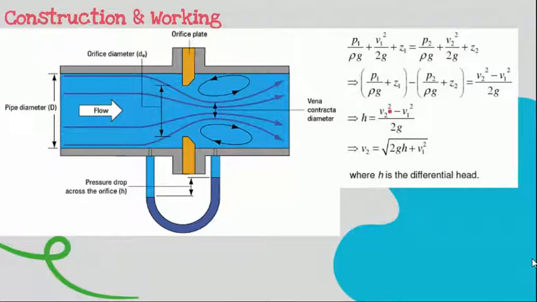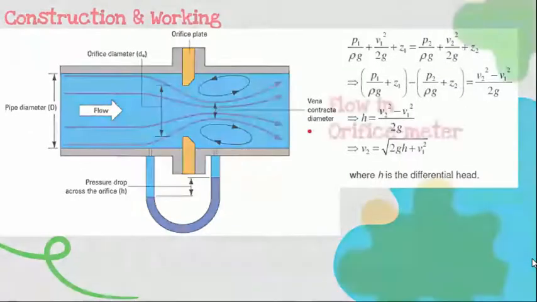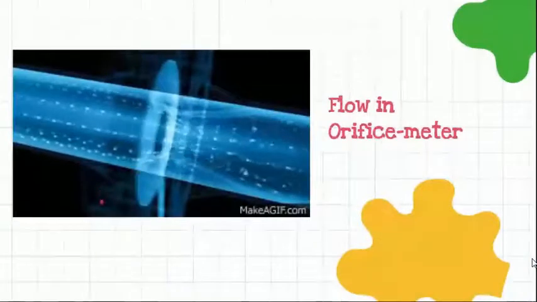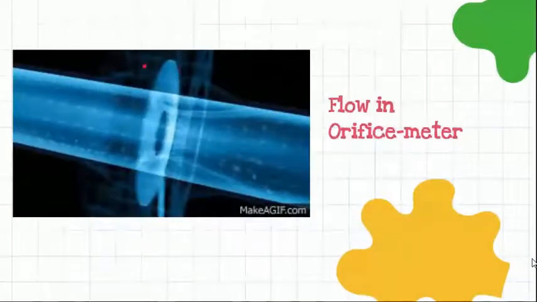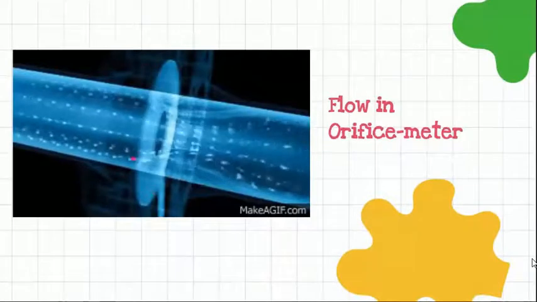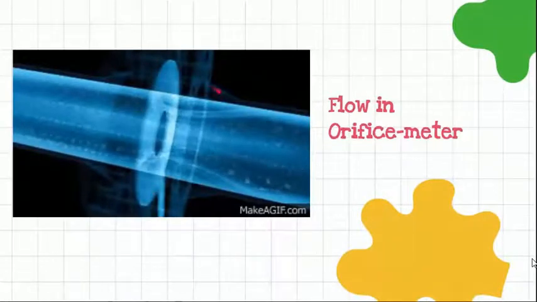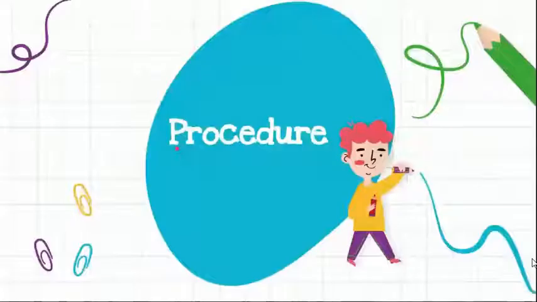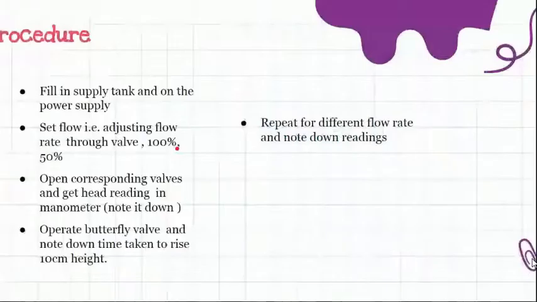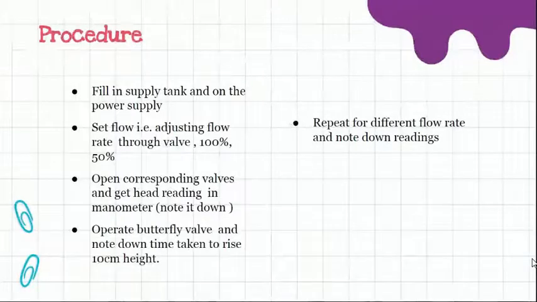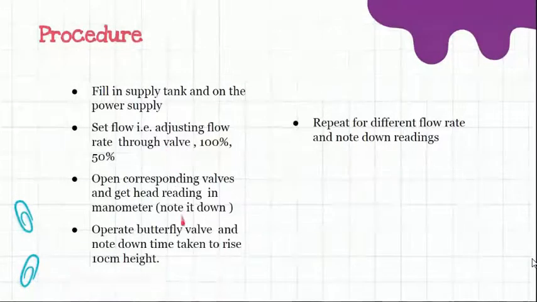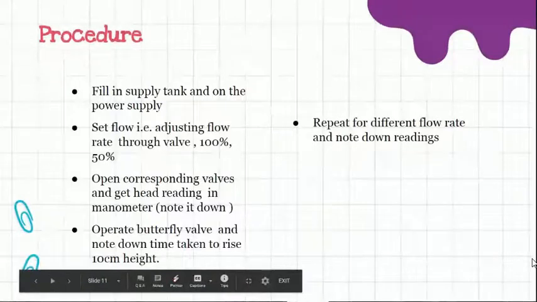The main job in measuring the flow rate with the help of an orifice meter is to find out accurately the value of the coefficient of discharge at the operating condition. Let's see what the flow in an orifice meter looks like. Right over here, due to the obstruction, we can see that the flow is interrupted, and here we obtain a vena contracta. As my friends have already explained how or why we perform this experiment, now it is time for us to understand how we perform the experiment in the laboratories.